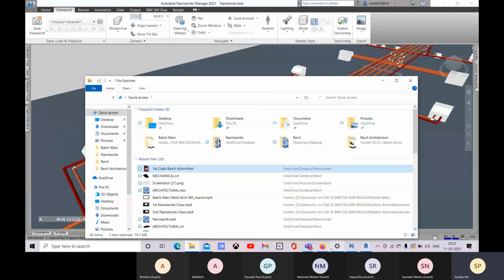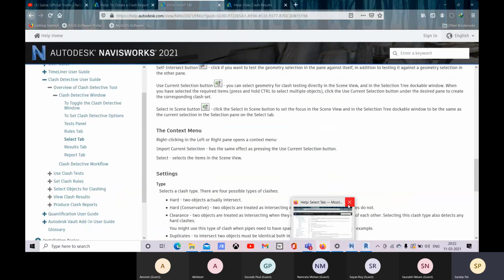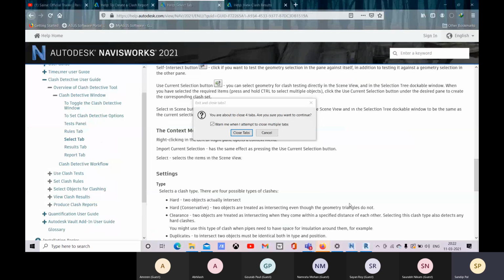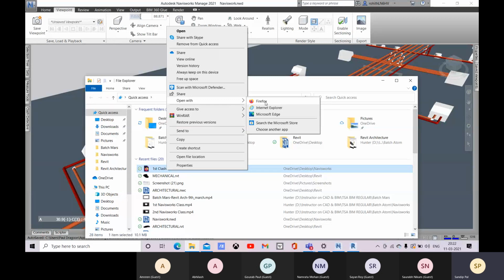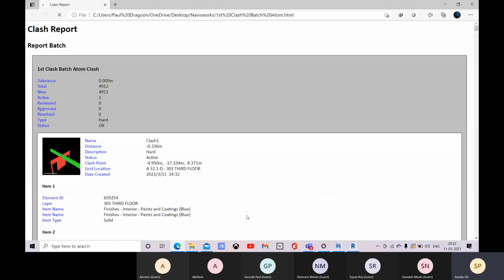Let me close this. Let me close tabs and let me open it. Let's go for this Microsoft Edge. Yeah. So here you can see this Microsoft Edge screen is visible, right?